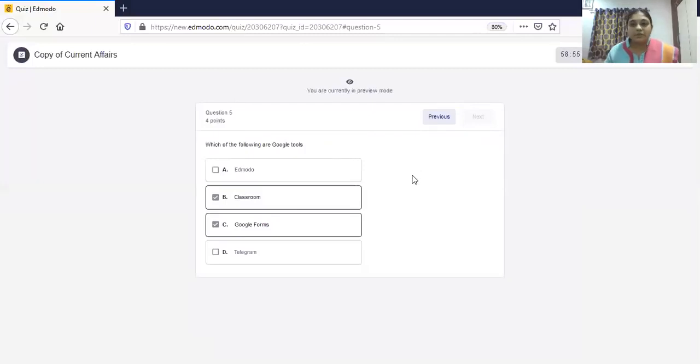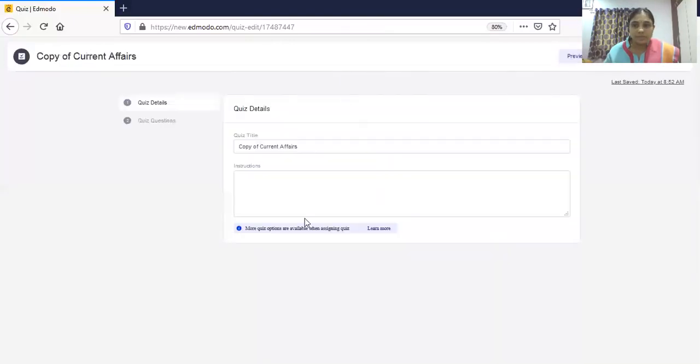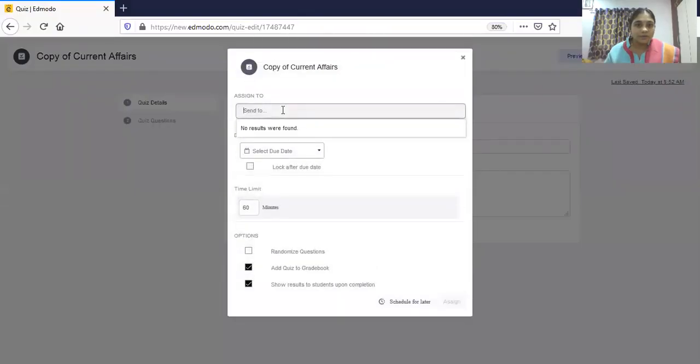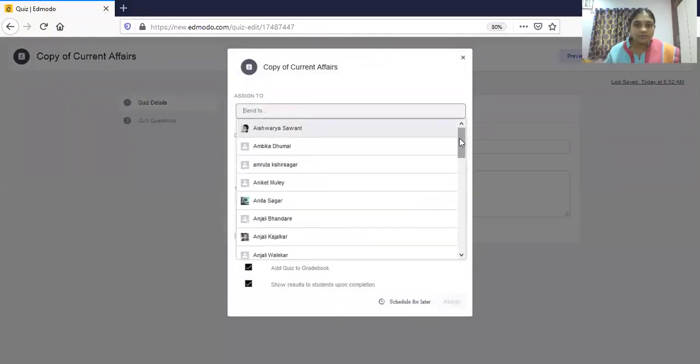So this is the preview of our quiz. If everything is okay, then we can assign it to the students. Exit it. If something is wrong, you can go again, edit, and then assign it to the students. So if I want to assign it, then assign to students.